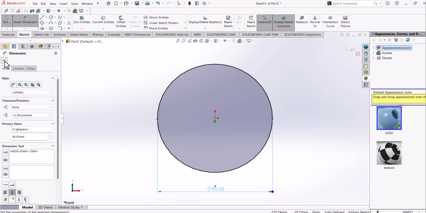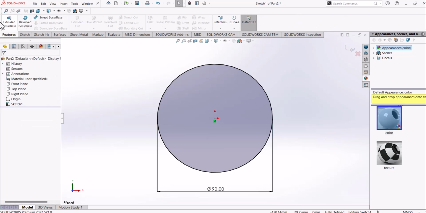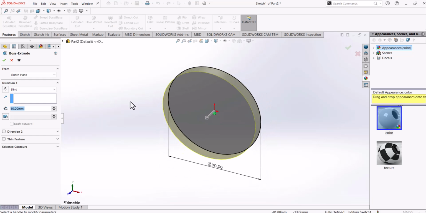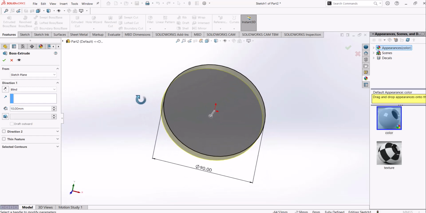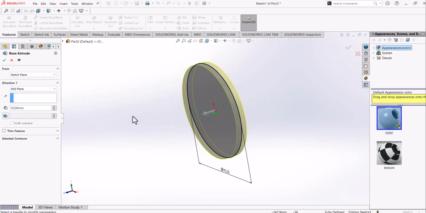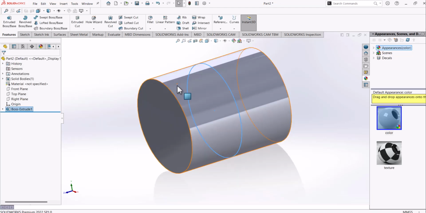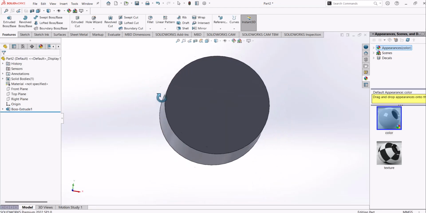So we'll accept and go to extrude. Select mid plane, then let's make it 100. Using mid plane makes it easier. On accepting,